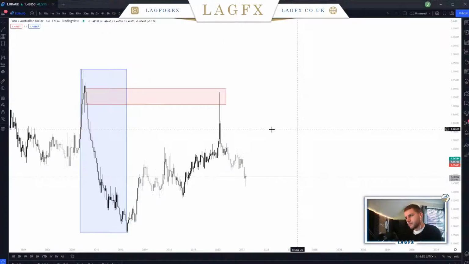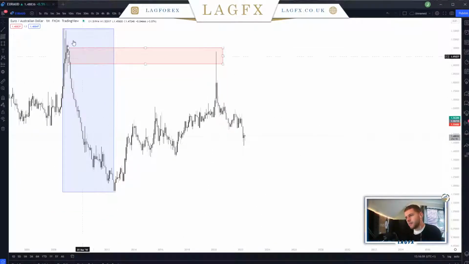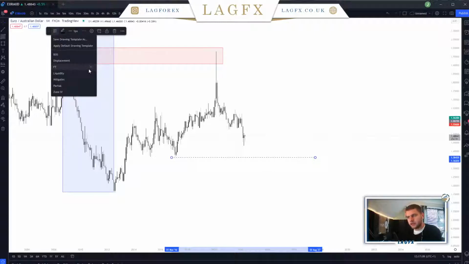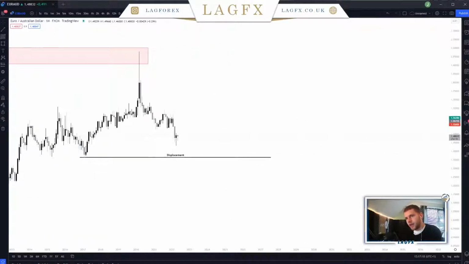Yep, perfectly wicks in. Straight afterwards we introduced a lot of supply, which has instantly pushed the market back down. Now there is one thing that we want to be cautious of, is that we are technically still bullish on this time frame until we get this displacement, because if we follow the structure in here, we've had impulse, retrace, impulse, retrace. So we could argue that we have buy opportunities from this candle,